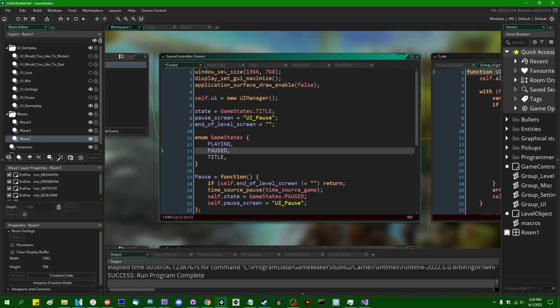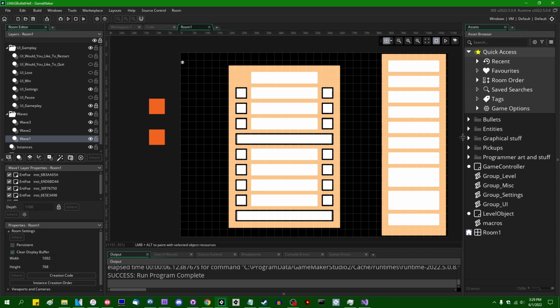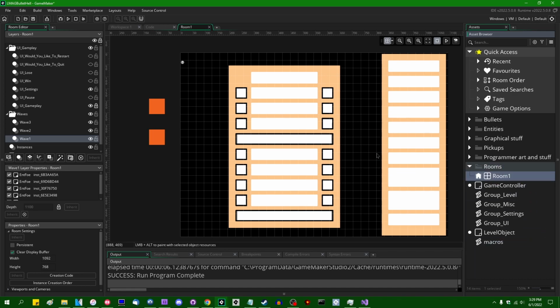I'm going to slowly have the game check the game state to see if we're in the title screen, to see if we can do gameplay things or not as we go on. But first, I'm going to make a folder called Rooms, and I'm going to do something that I almost never do, and that is going to be to actually make use of multiple rooms in this game. So let's duplicate room 1. Say room, actually, I'm gonna call that room template,